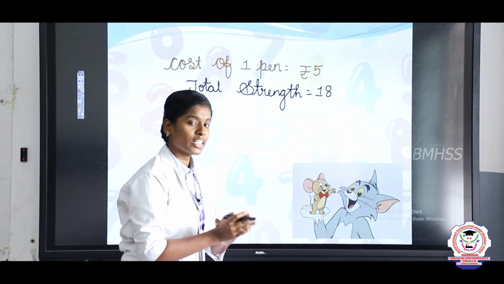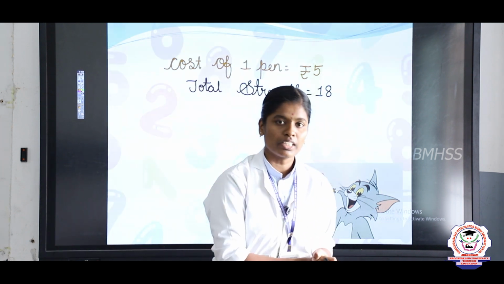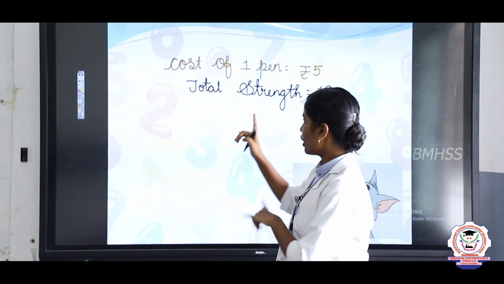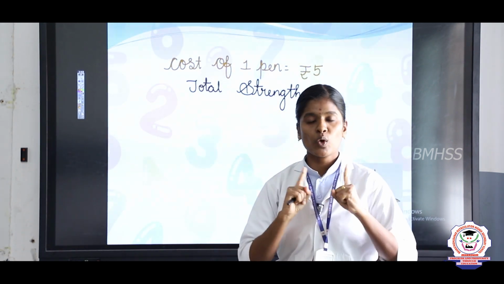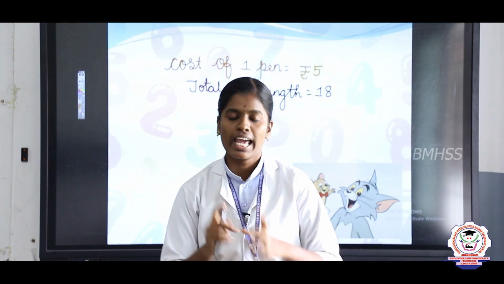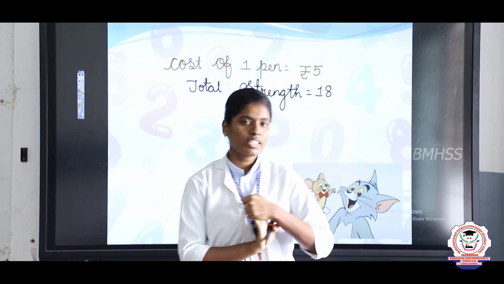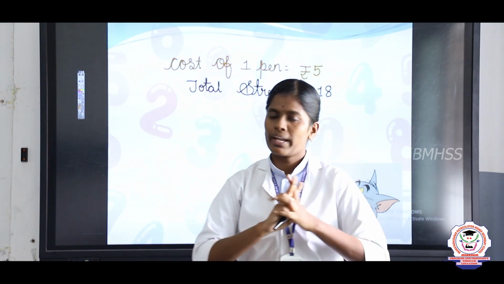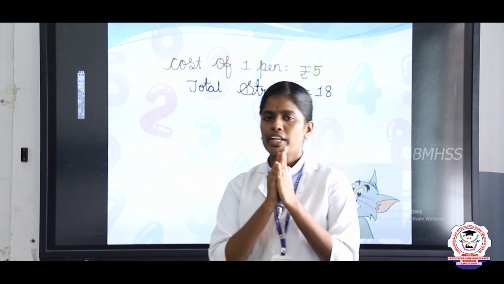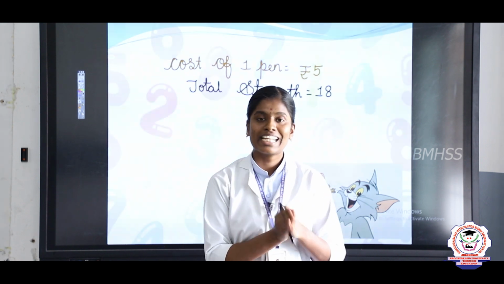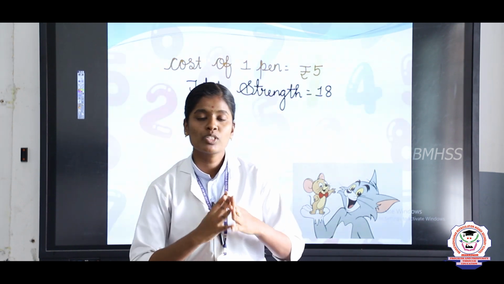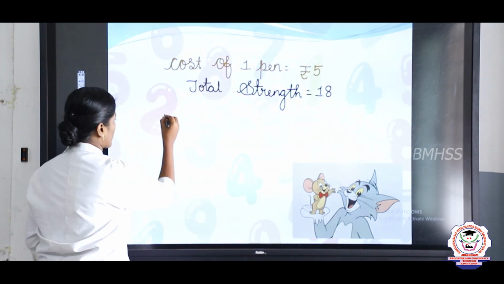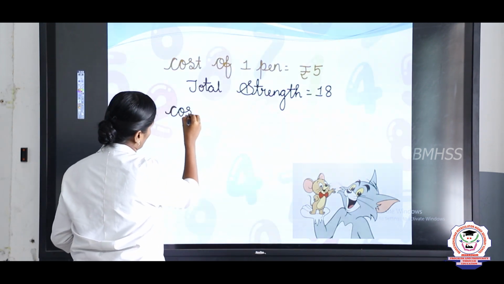So, listen my children, consider Lishant, tomorrow is your birthday, you are going to give pens to your class students. The cost of one pen is rupees 5, the total strength of the class is 18. So, now tell me Navin, what is the cost of 2 pens? Yeah, very good dear. The cost of 2 pens is 10 rupees. So, here we add, we get the answer 5 plus 5. So, write cost of 2 pens equal to